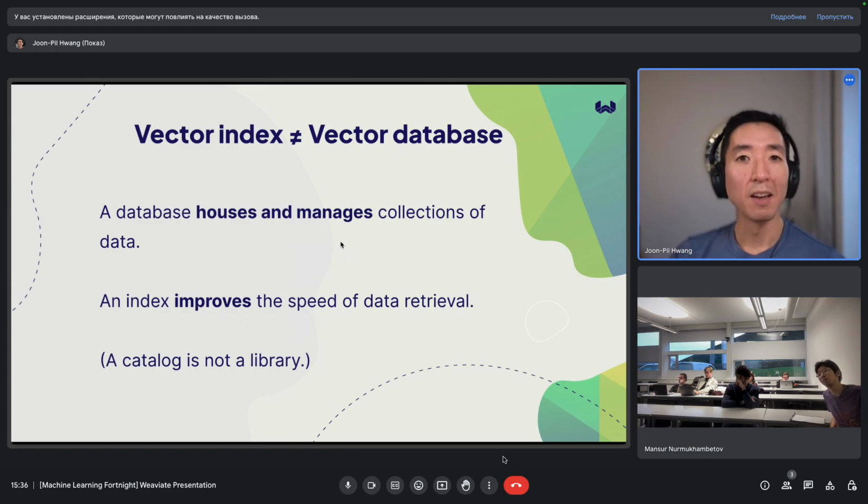A database houses and manages the collection of data, and an index is usually a part of that database that exists to improve the speed of data retrieval by cataloging that information. So that's something to remember, because there are libraries out there that are simply indexes, like FAISS comes to mind.